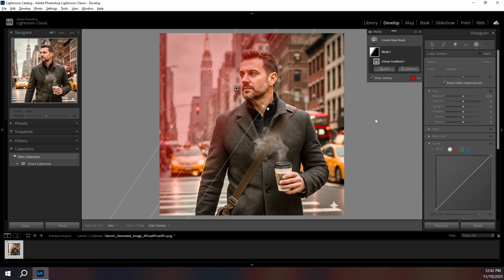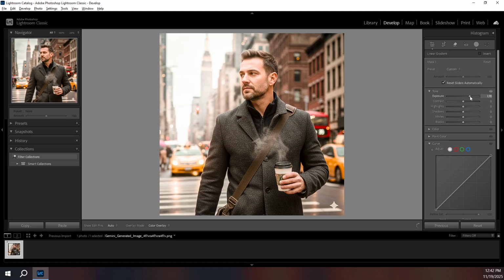With the gradient in place, it's time to shape the mood. Start with exposure to brighten or darken that region. Subtle moves, often between plus or minus a half stop, go a long way. Use contrast to add punch and guide the eye, and refine with highlights to control the brightest parts so they